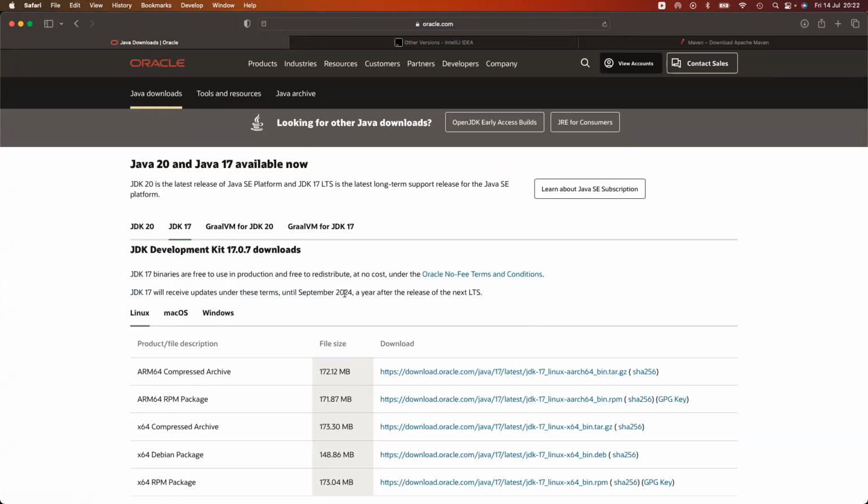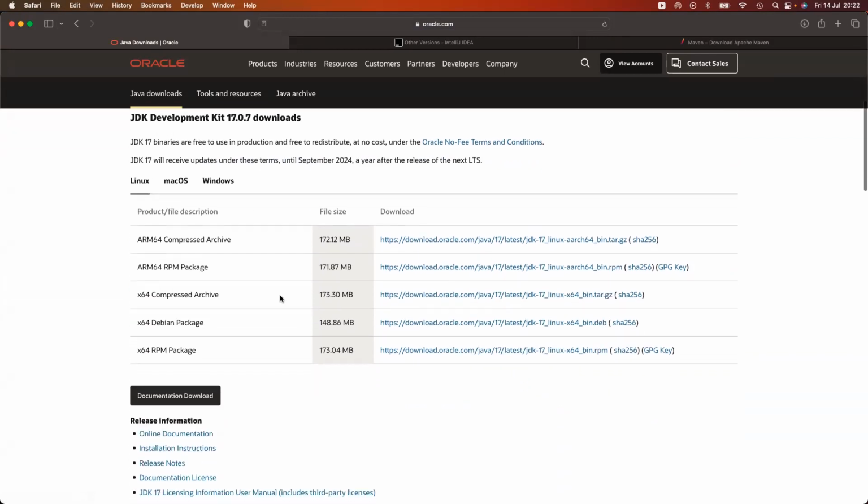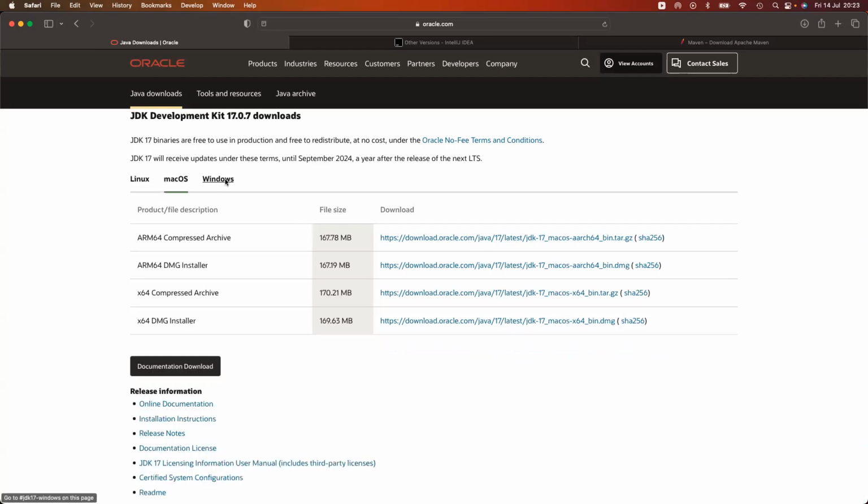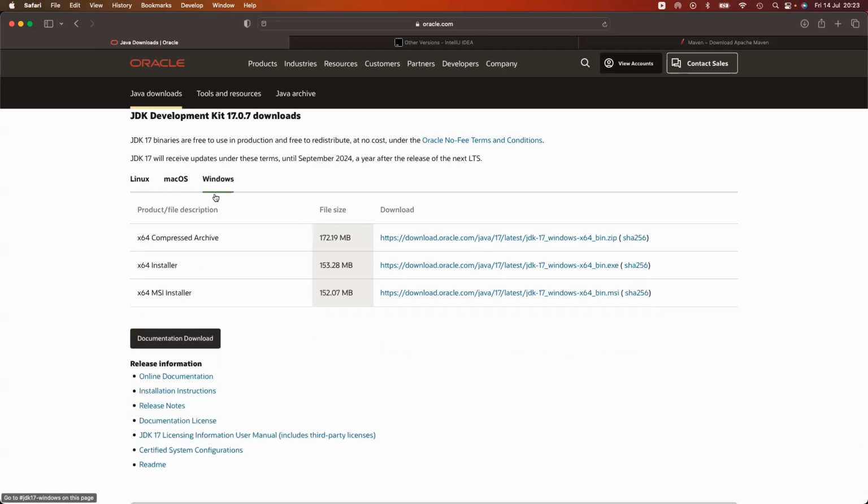So that is the one you want to install. So Java 17 and not Java 20. Based on your operating system, if you are using Windows, you would already see that Java supports Linux, Mac, and Windows. So if you're using Windows, you just click on the Windows tab, and then you pick the one that